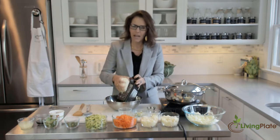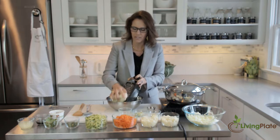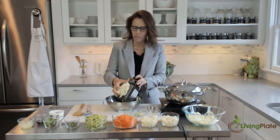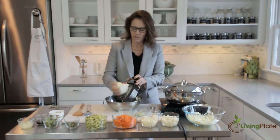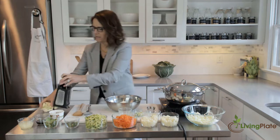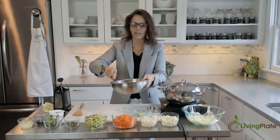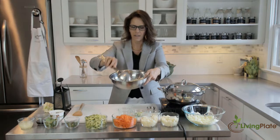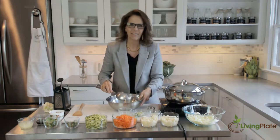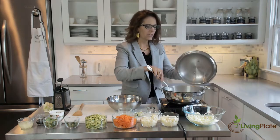If you're going to have children doing this, you might want to have them wear a cut glove because it does get close to the blades as you get down to the core. So I'm not going to shred the whole thing, but you get the idea. And here is our cauliflower rice, and you can see it's very fine and fluffy. It only takes not even a minute to cook, so we love it. Okay, so our